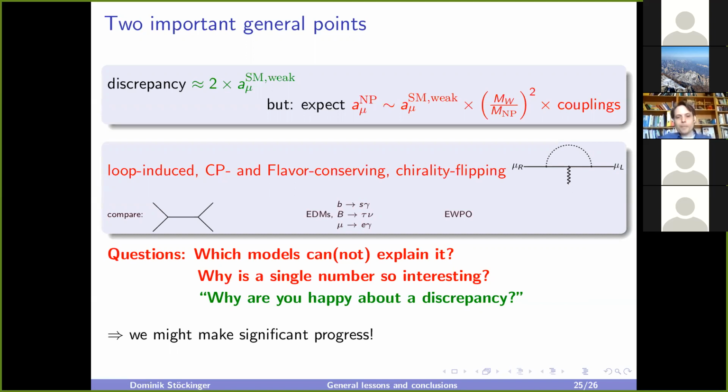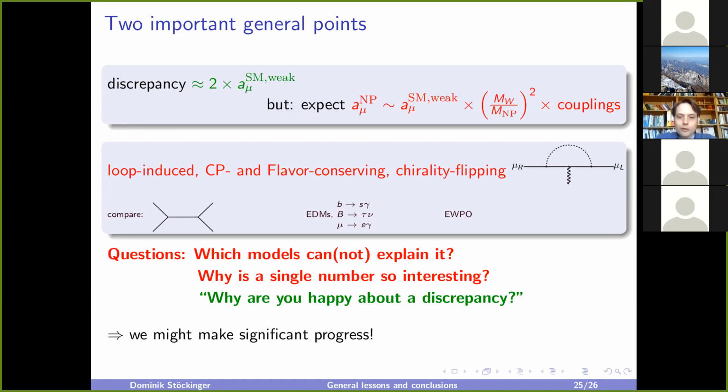So there are many models, but in all of those models, you need to go into specific parameter regions. In SUSY, you need specific mass patterns. In leptoquarks, you need specific leptoquarks which couple the muon to the top left and top right simultaneously. And in the two-Higgs-doublet model, you are forced to a region with specific small Higgs masses and so on. And of course, that makes this single number so interesting because it's not easy to explain, and any explanation typically involves very interesting, deep features.